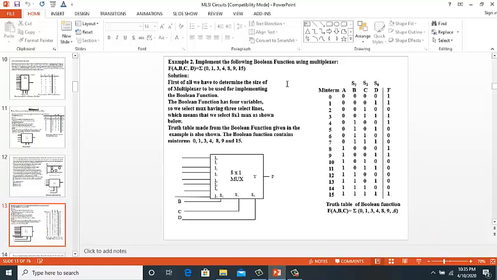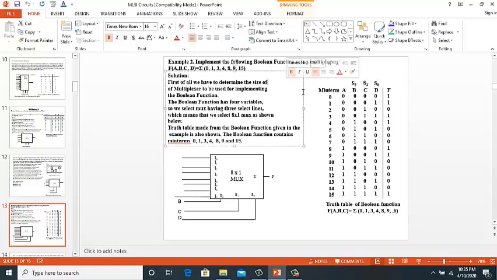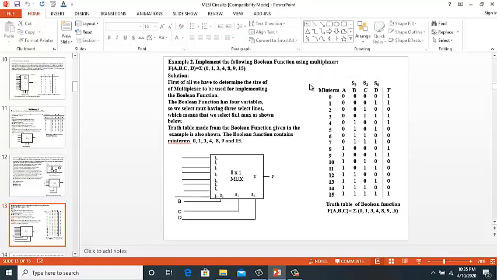Again we follow the same procedure as we did with our previous example. First of all, we have to select a multiplexer and determine its size. We see that it has 4 variables. So if we subtract 1 from 4, the answer is 3.